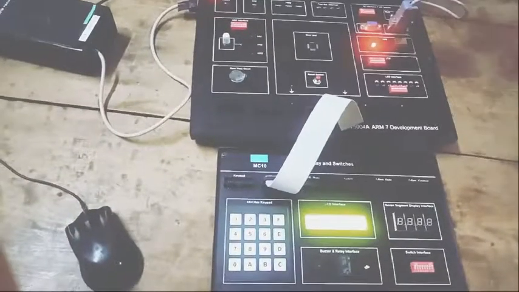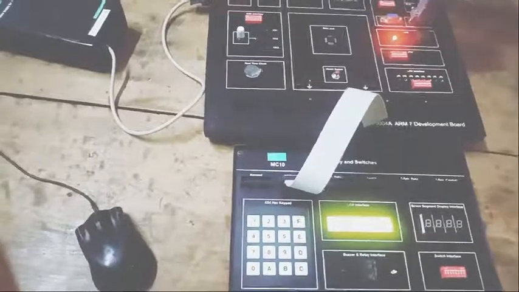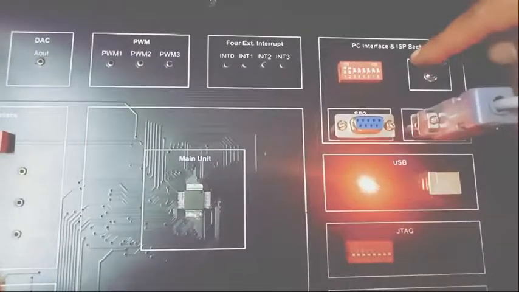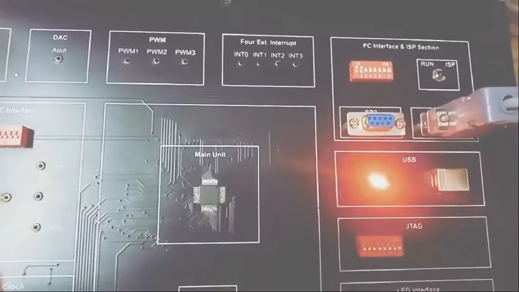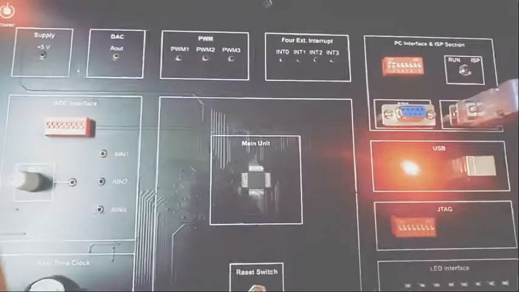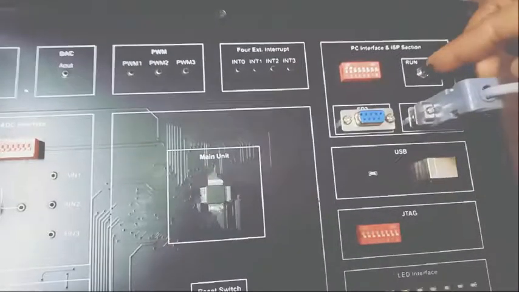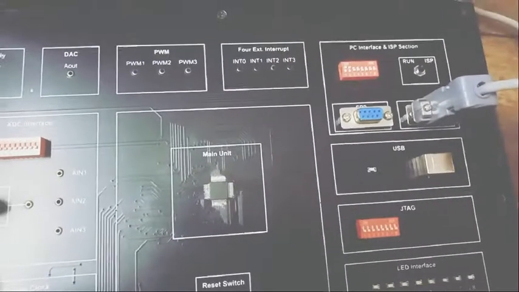Next, this is in the ISP mode. Now this is to be changed from ISP to run mode. So for which first we have to switch off this ARM board. Switch off the ARM board, then change from ISP to run mode.